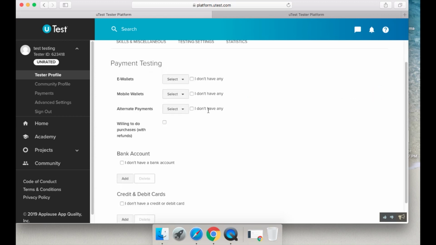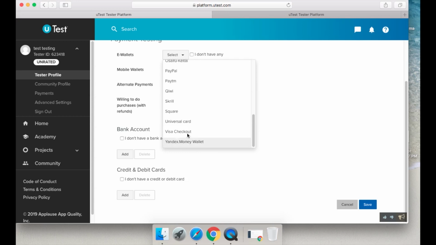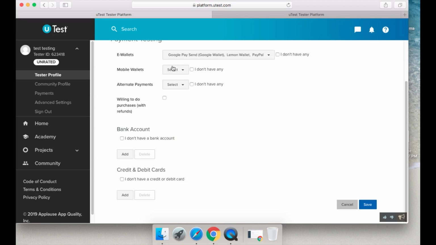So, payment testing. Do you have e-wallets? If you do, you have Google Pay, Apple Pay, Alipay, LG Pay, Visa Checkout, Yandex, Skrill, PayPal. Put it in. For example, PayPal, any other one you have, just select them. And mobile wallets, Apple Pay, whatever it is, if you're willing to do purchases.